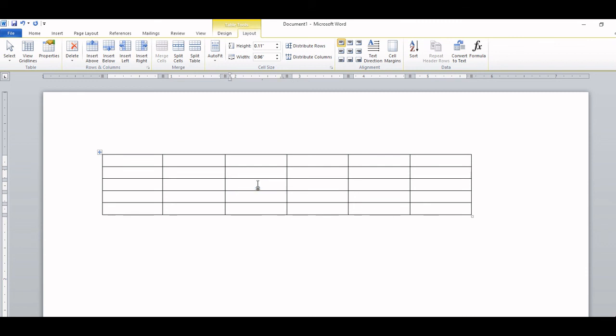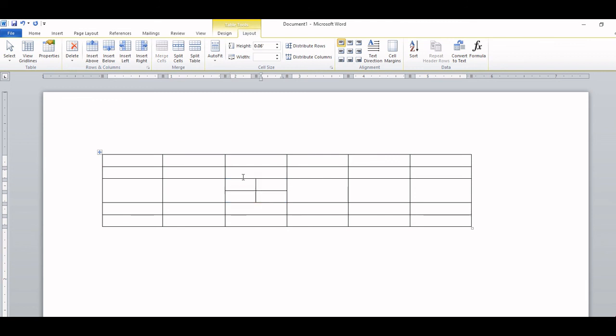Click on the desired cell, which cell you want to split, any one. Then under the same tab, that is the Layout tab, click on Split Cells. Then you can see the number of columns and number of rows you are asked to enter. Here I want to insert 2 rows and 2 columns. So 2 is already given as the column, I will give 2 rows and click on OK. So that's it. You can see this particular cell has divided into 2 rows and 2 columns. Understood? So that's all for this class.